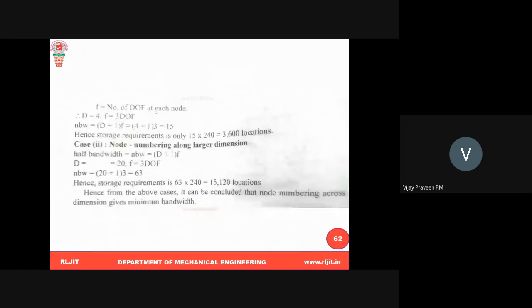Therefore, that matters a lot. It depends on one more very important thing: how we are going to number the nodes in the scheme. So how will this scheme affect things? As I told, usually with your symmetric matrix, the bandwidth matters a lot here. How to calculate this bandwidth?